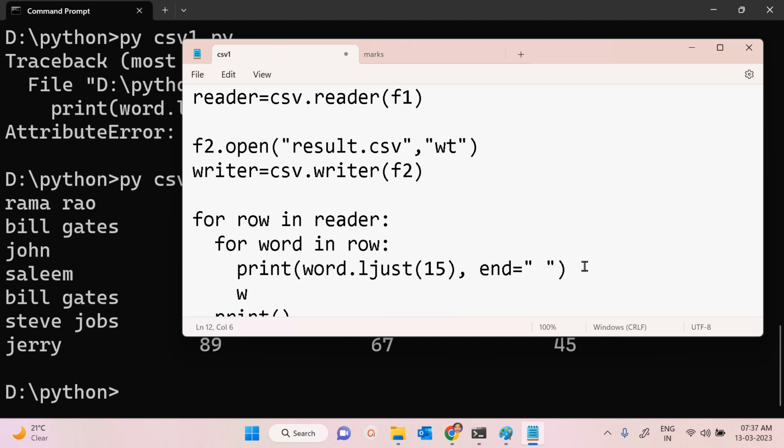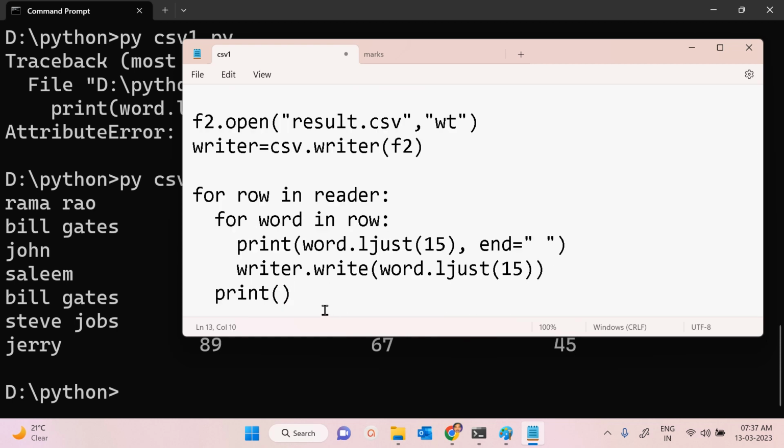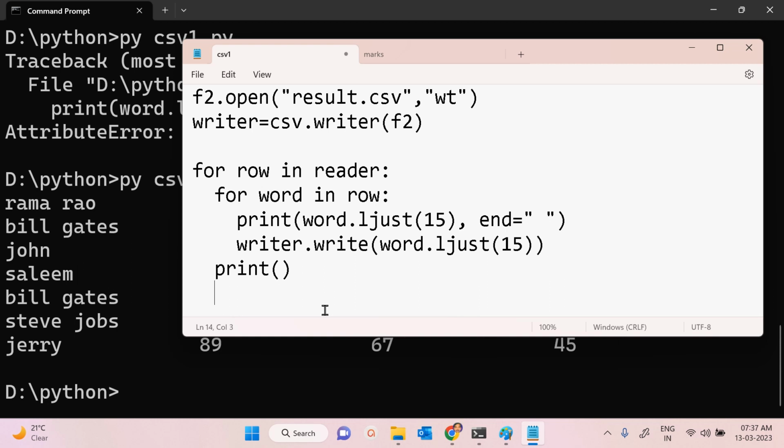And now, for the writer, we have to take one more. Writer is an object. Writer also has a function. So write, and this word, let us write this word like this. Okay, each word will be written, and maybe plus spaces if you want any, otherwise leave it. Then a new line also we have to write, right? We are also printing on the screen. So write, let's write also a new line